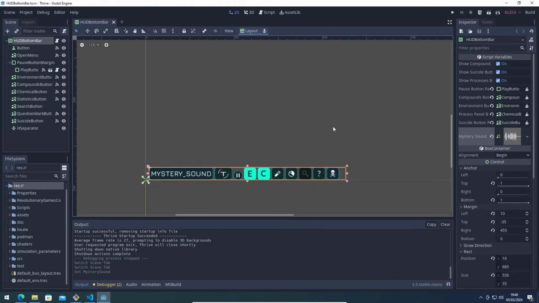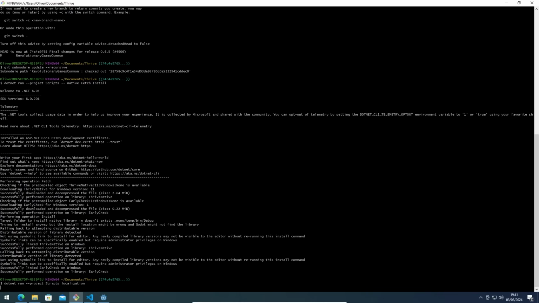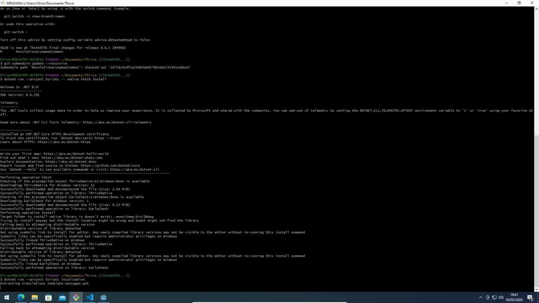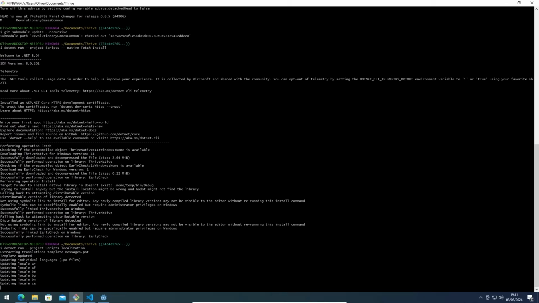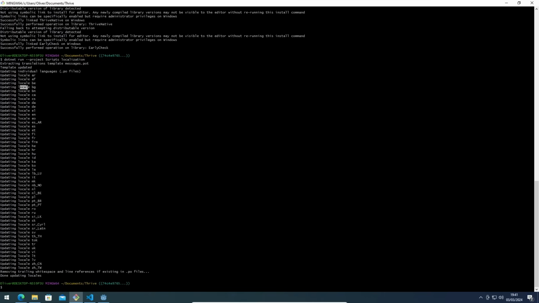So that's nice. If we were to run the game now, we would be able to press this button and it would play the sound. But one extra thing that I want to do is run the localization script. I'll type it and then explain it as it's running: dotnet run --project scripts localization. This is going to look in all of the Godot scene files and anywhere in the code base that uses TranslationServer.Translate, and it will take the strings out of those, put them into the messages file, and then update all of the translation files with currently placeholder values